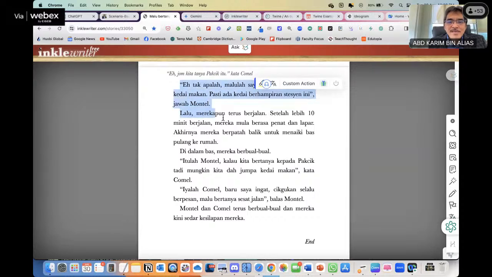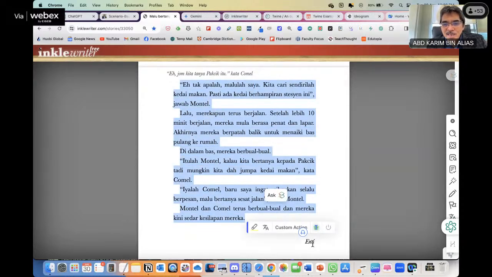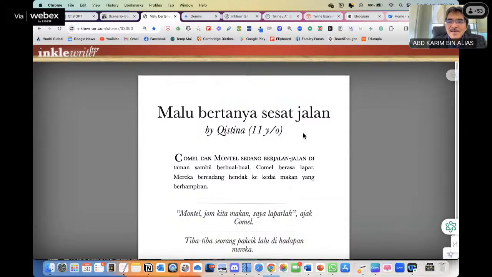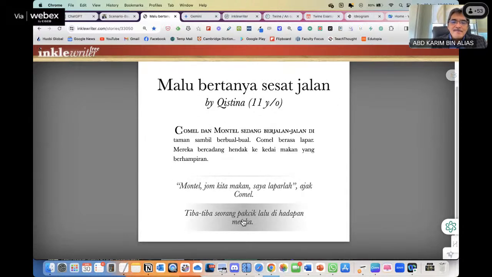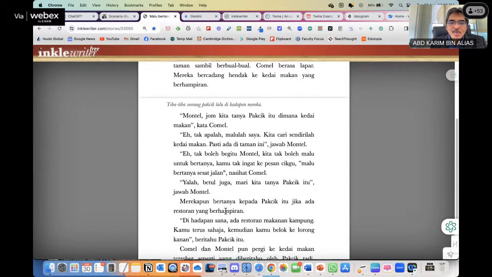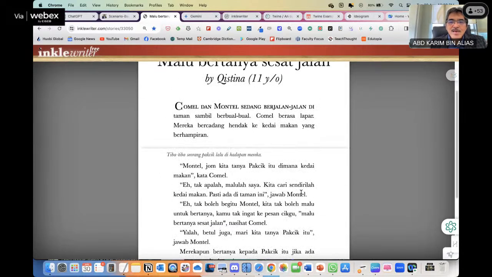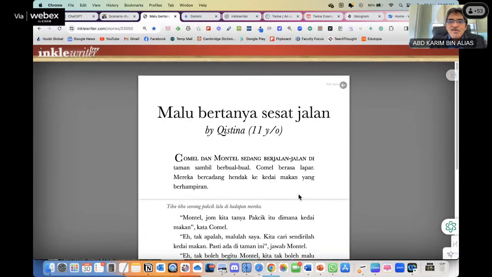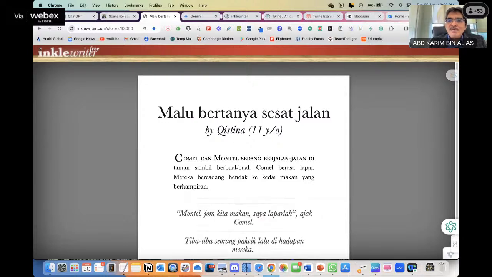Then there's another option. Okay, so if I go back, I can choose the one from just now, but which one? This one, right? So I choose the second one now. So the story goes straight on. So this is how you get some idea of how we use Inker Writer to write this very simple interactive story.